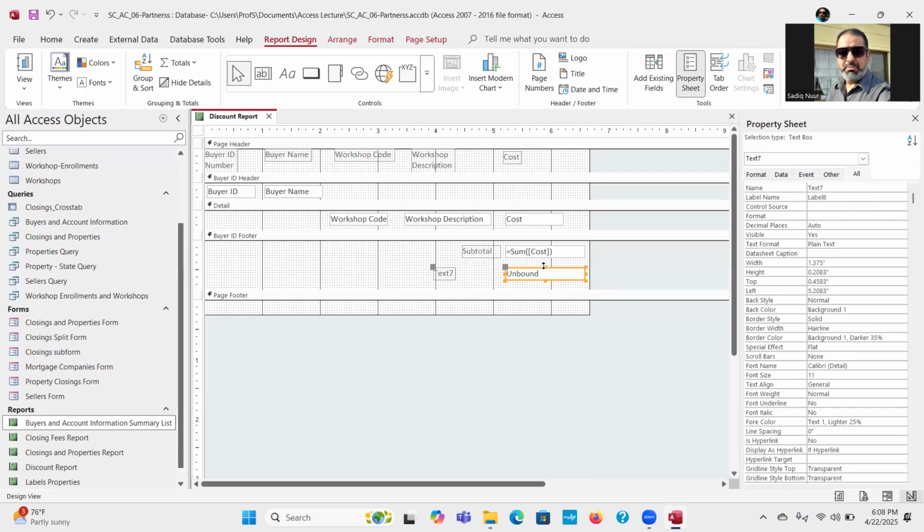So what we're gonna do, you see here the control source, we could type here, so equal if, then open a parenthesis, then the square bracket, if the subtotal, close the square bracket, greater than 300,